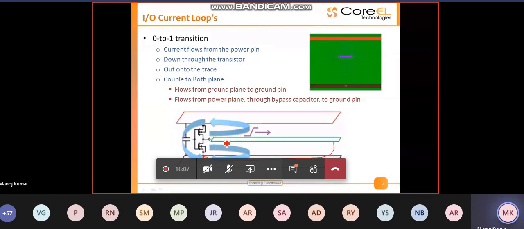The energy which couples to your power plane goes through decoupling caps or bypass capacitors, and again goes back to your ground pin. This is the way you have current loops formed inside your layout designs.